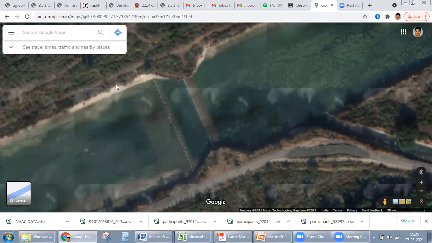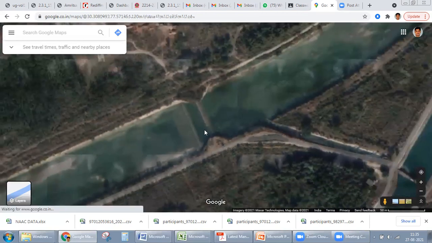This white strip, the thickness of this white strip is indicating the side slope. And over here, what you see is that this thickness is reducing to just a point. As if you view from the top, this side slope is made vertical over here. Similarly, on this side, it is again trapezoidal. So trapezoidal to vertical and then back to trapezoidal section. So here it will be completely trapezoidal cross section and here it will be rectangular section. Side slopes will become vertical on both the sides and again to trapezoidal section. So this is a canal fall which is provided.